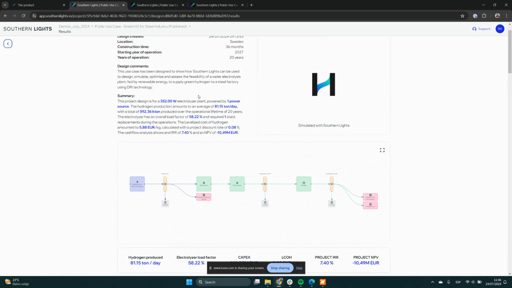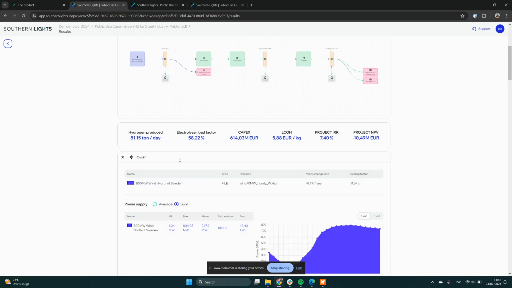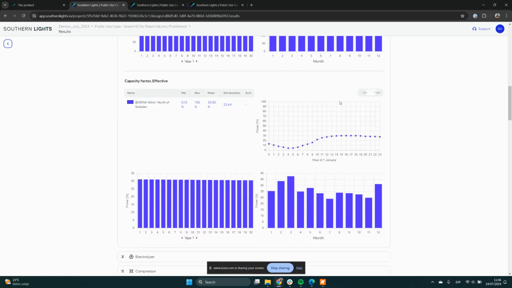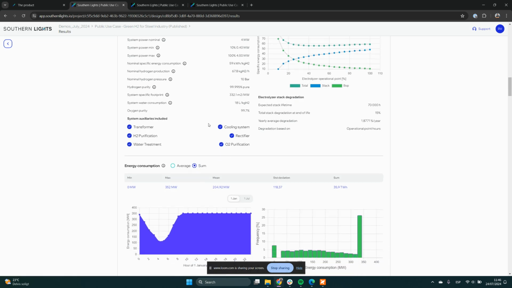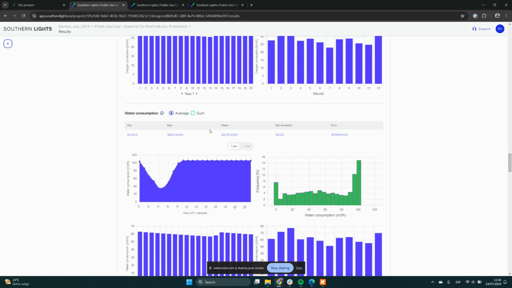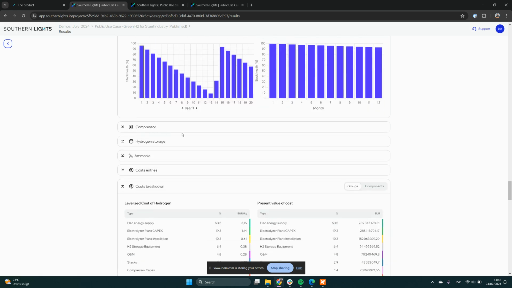So what I've done here is I've modeled a plant to minimize the LCOH. That means I started with 350 megawatts of electrolyzer. You can see all the details here of how this plant is performing in terms of power. This is the energy supply. You can see the capacity factor of the energy supply for hourly resolution, monthly resolution, yearly resolution, the same for electrolyzer, energy consumption, hydrogen production, oxygen, and everything, which comes very handy when you're dealing with questions like stack state of health and classic questions of permitting regarding water consumption, oxygen, and of course for your business model regarding